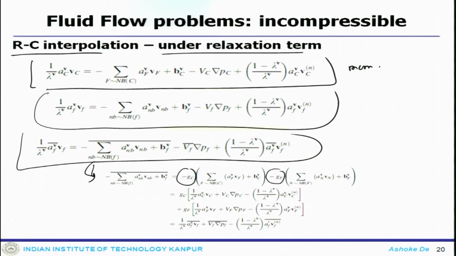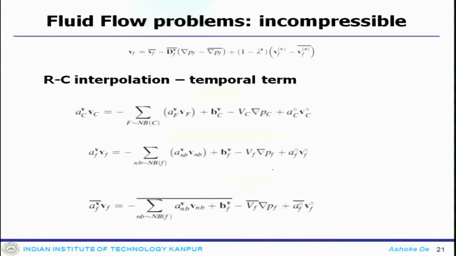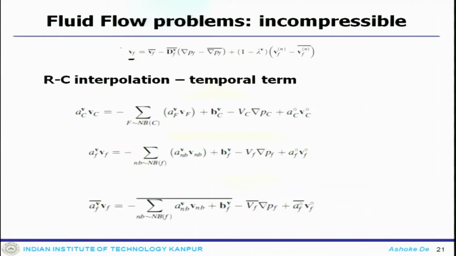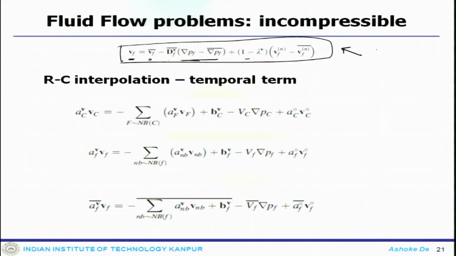So finally this leads to a calculation of the face variable, which is written as Vf. All this algebra you can carry out because it starts with the momentum equation. The important point here is that you get back the surface value, which is an average surface value, then there is a delta p f, the delta p gradient, and then 1 minus lambda. So this is how, when you use under-relaxation, the Rhie-Chow interpolation gets modified.